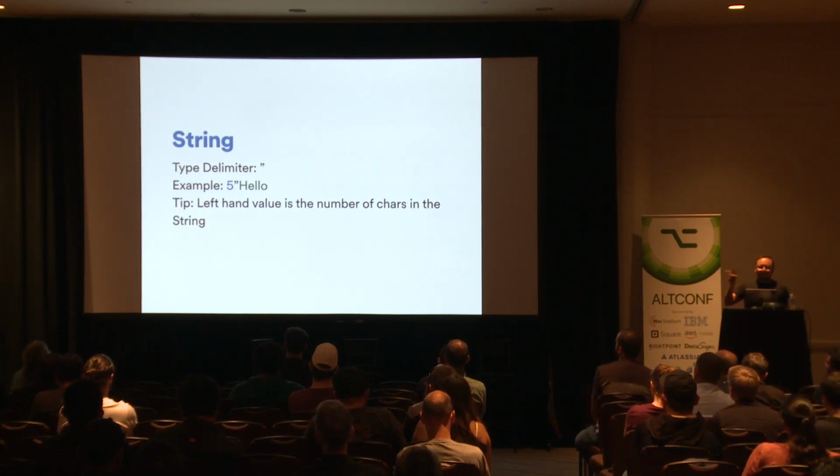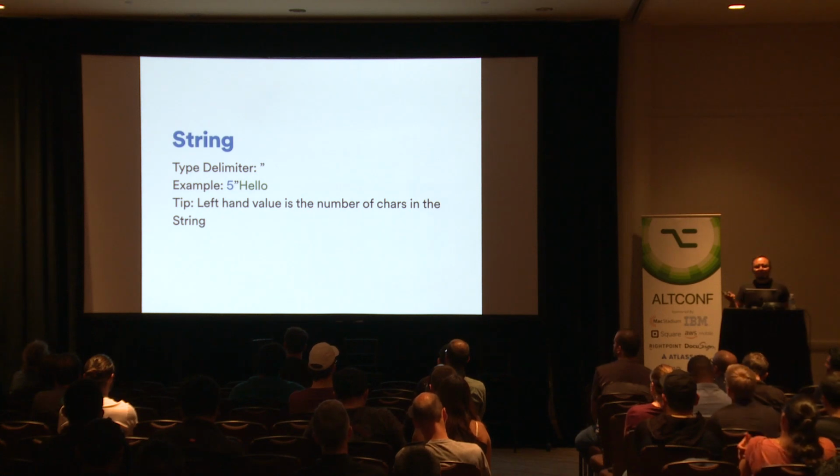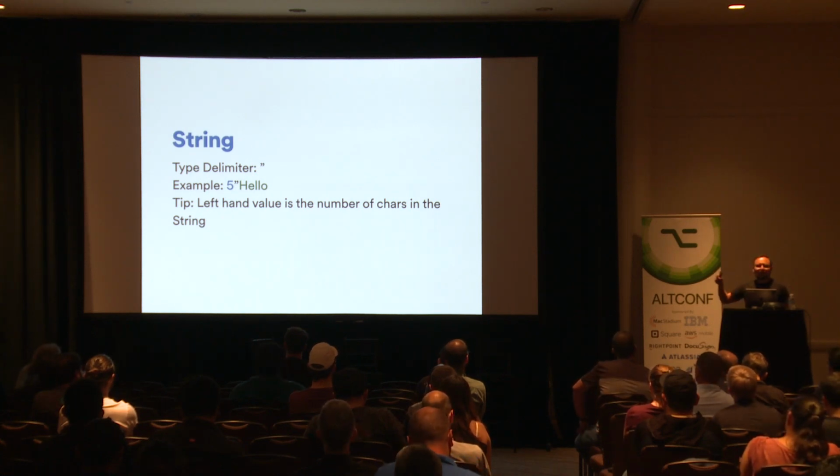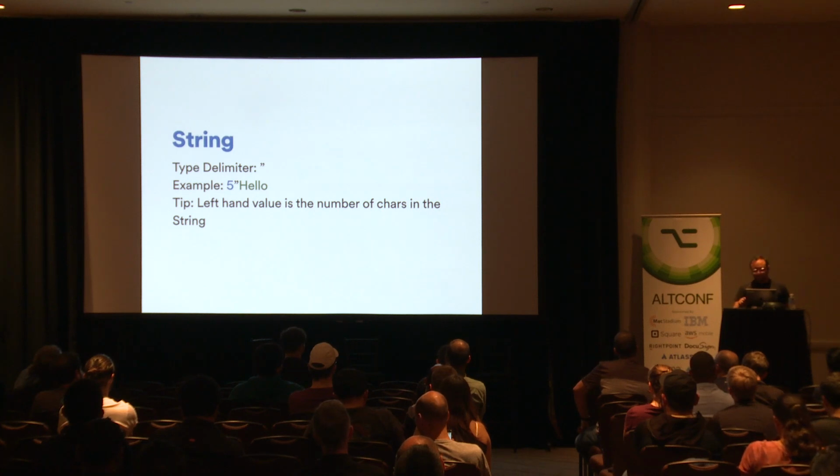And the left-hand side value is the length of the string, and the right-hand side value is the actual string. So basically, if you find an example like this, you found 5, you start counting 5 characters after the type delimiter. And this is not Unicode, so some characters will count twice or thrice, because it is not using Unicode